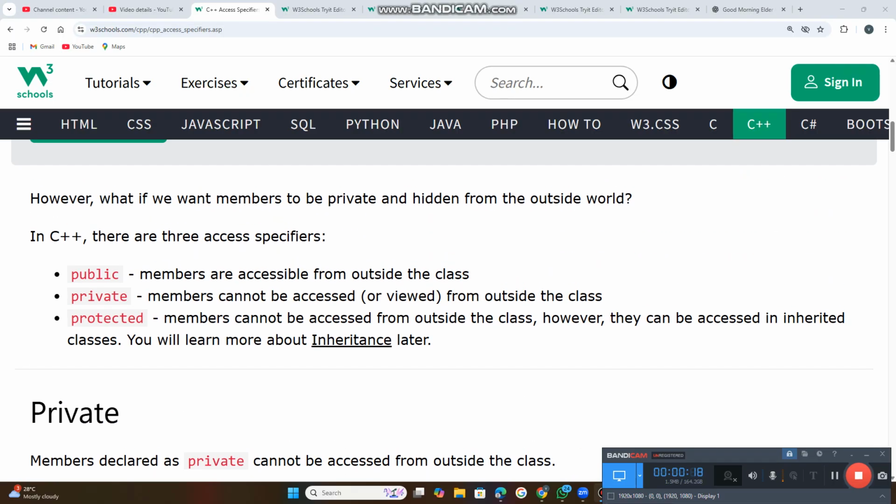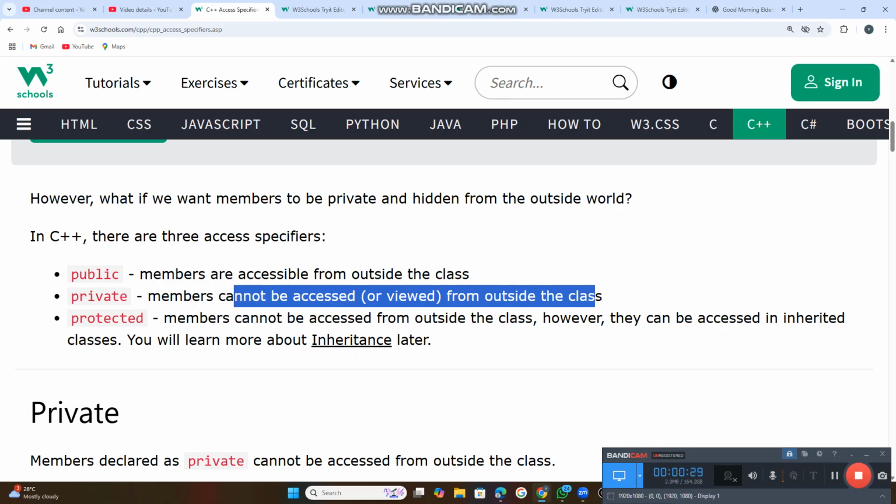While I was discussing private members, those declared as private can't be accessed or viewed from outside of the class. Once any data members are declared as private, they can't be accessed from outside of the class, but